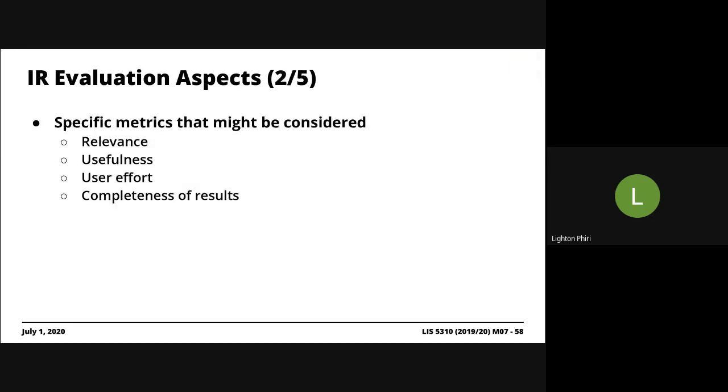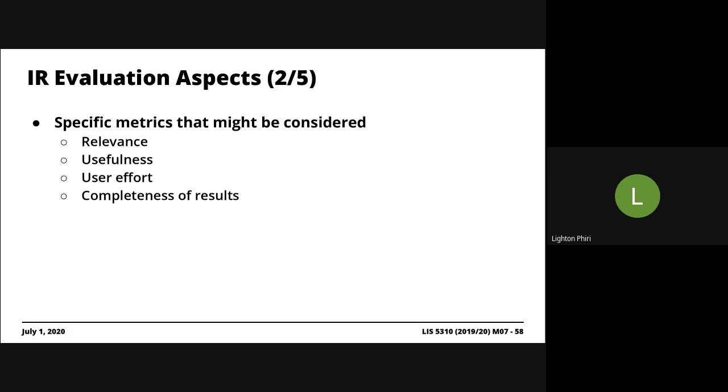In terms of the specific measurables that you tend to work with when you're evaluating IR platforms, the obvious one is relevance, right? So there are predefined ways of ascertaining whether or not a search engine, an information retrieval platform, will be able to return relevant results once a user issues a certain query, right? So the metric there would be relevance, right? Whether or not the information retrieval is useful. These are all metrics. How much effort the user has to put in before they get the results they want,